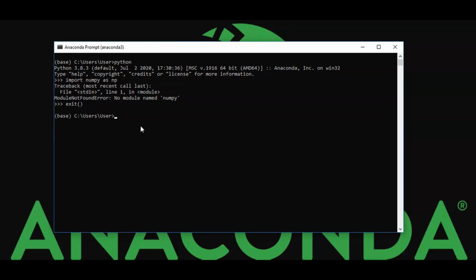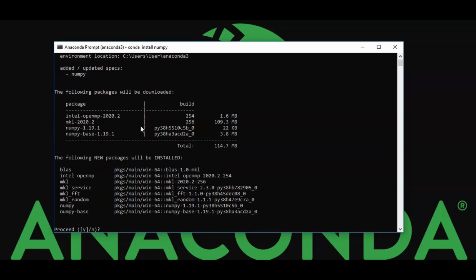Now we can install NumPy using the command conda install numpy. Very simple. Here it's collecting the packages, looking for an environment, and then it will download the relevant packages to be installed.